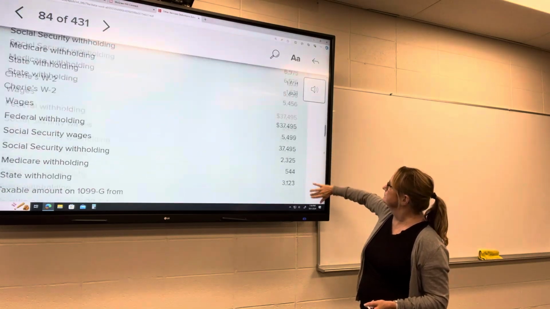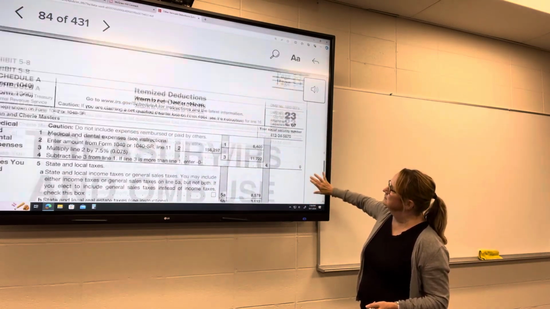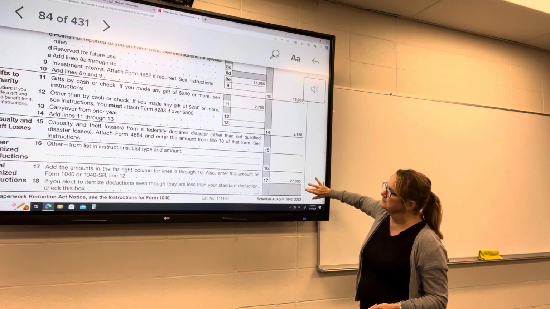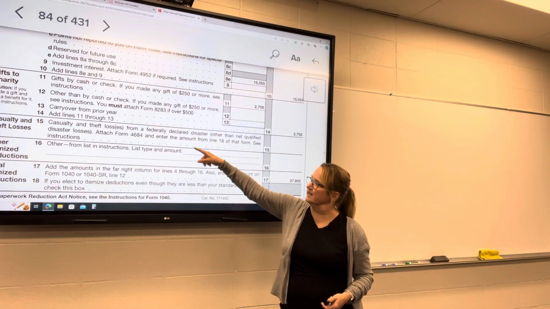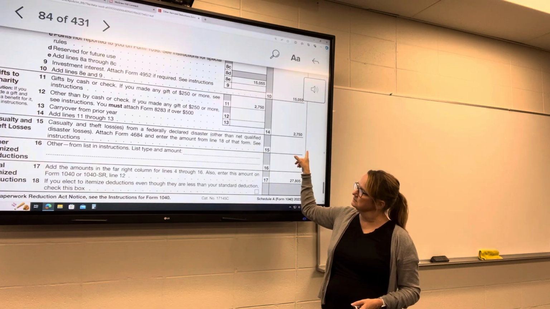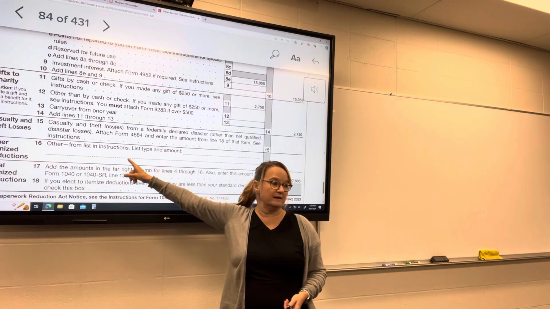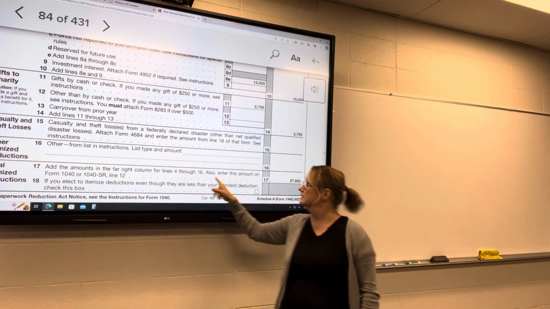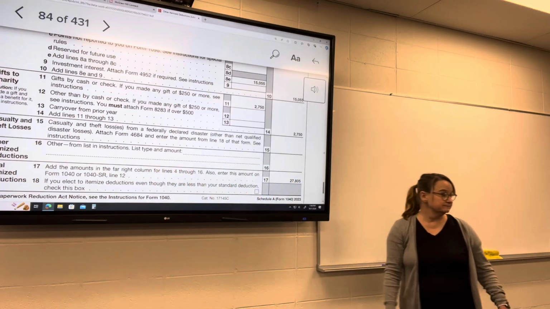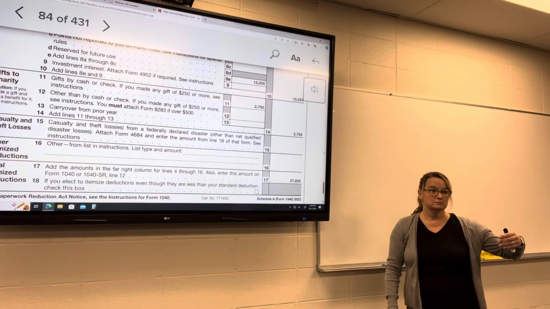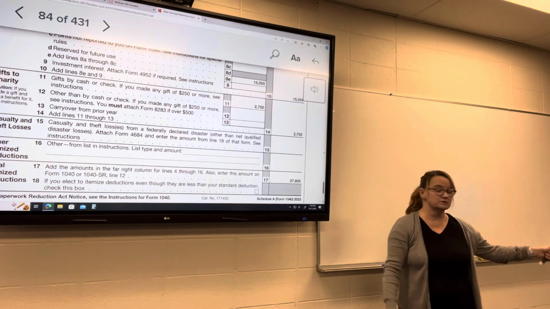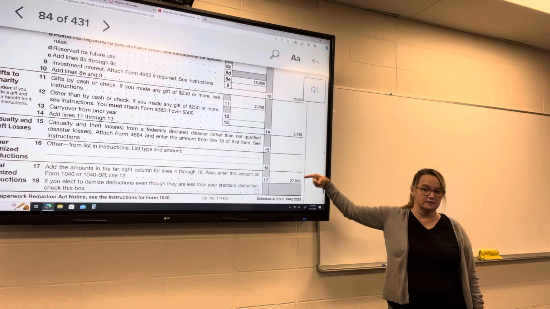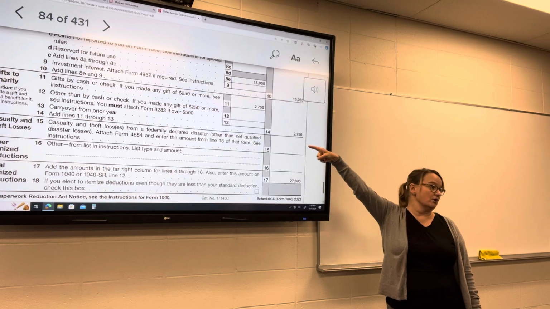All right, what is this? Oh, here we go. Yeah, so here's the section for casualty losses. And then this would be the gambling losses. So you would just put gambling losses, type that in there, and then put the amount there. But only up to the gambling winnings. So this line here, 16, cannot be larger than the winnings on Schedule 1.